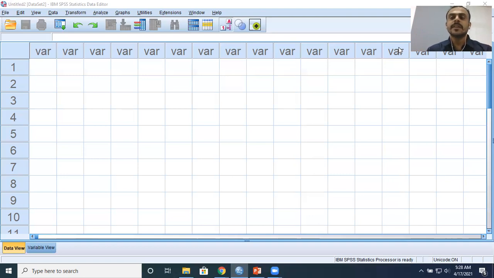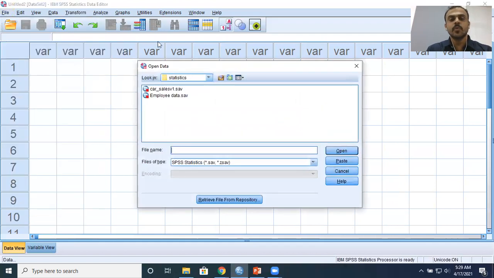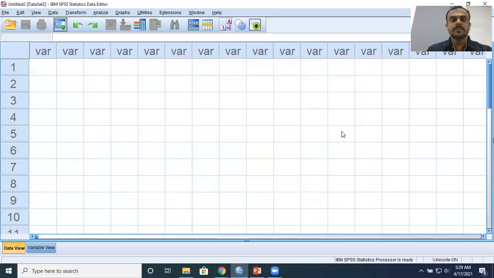So I'm going to illustrate this through SPSS using a simple data set. Let me go to the file menu. The second option here is open. Once you get into this open option, you see a variety of options. You can just click on the first item here, that is data. Let me just quickly grab a data set. This data set, as you can see here in front of you, is called the car sales data set. And you can just click on open.